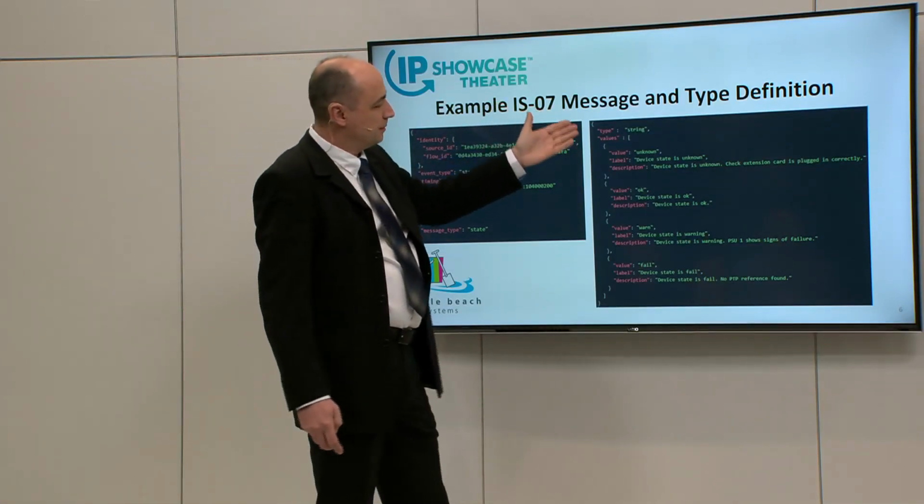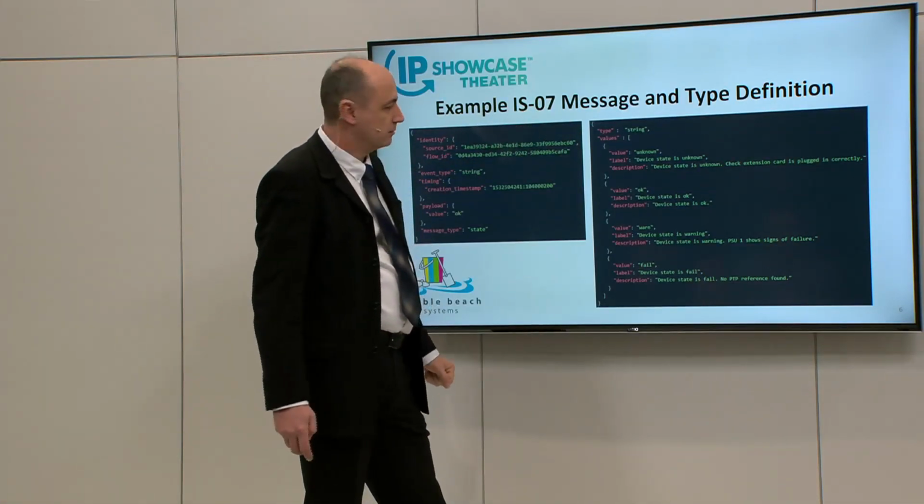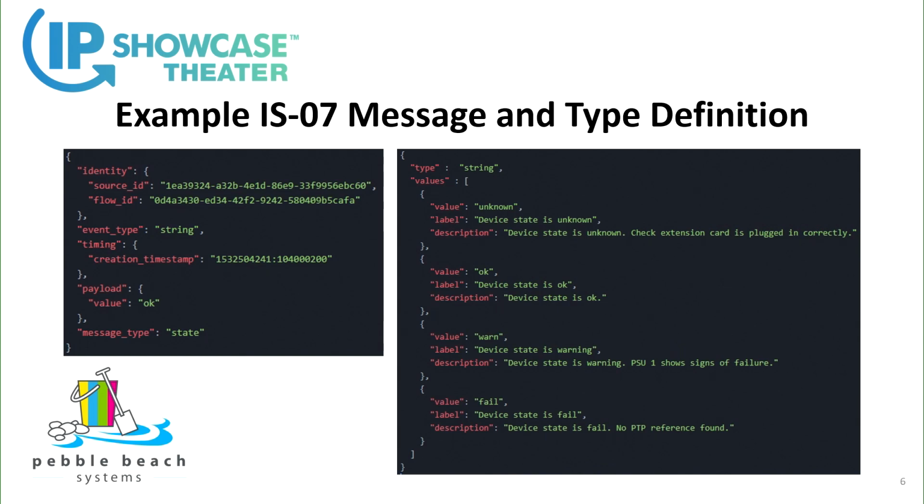This is a sample type description. This is a bit more complicated one, which restricts the string type to 4 values. And each value also carries, let's say, a label. So if the receiving device doesn't want to say just unknown, OK, warn, and this could be also numbers, 1,